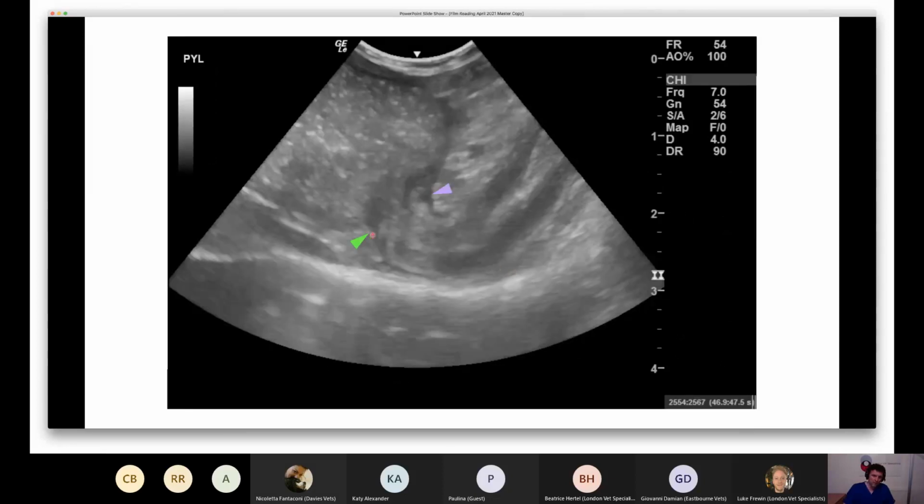And that's just me helping out by popping some arrows on the pylorus. So again, this is the image that you really want to get when you're evaluating the pylorus and you're trying to decide whether a patient has got a gastric outflow obstruction. And the way to get it, if they're in right lateral, is you really need to